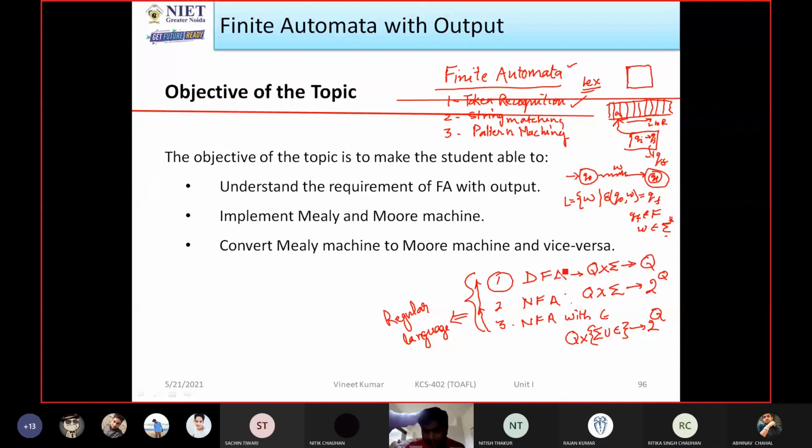In construction of the DFA, you have seen there may be more than one state or several states in which some of the states are equivalent to each other. So we have to reduce these states, and we can reduce them using the partition method or Myhill-Nerode theorem method, right? So till now we have discussed all these topics.